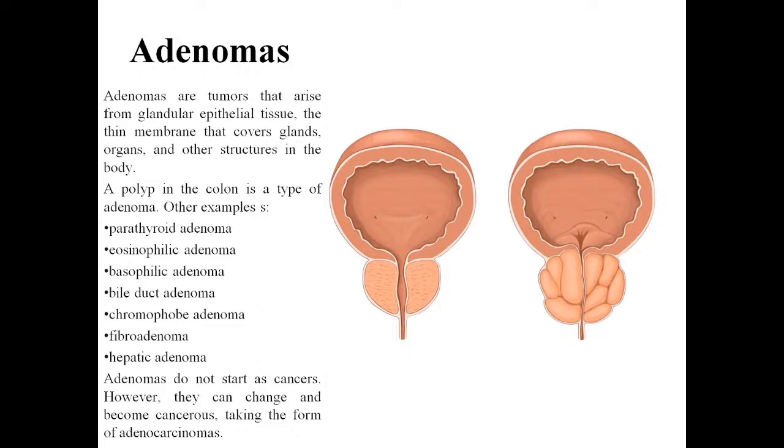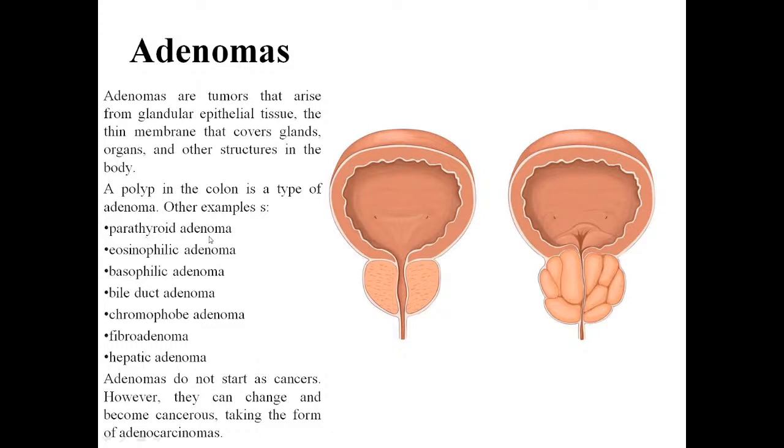The next type of benign tumor is adenomas. Adenomas are tumors that arise from glandular epithelium tissue, the thin membrane that covers gland organs and other structures in the body. A polyp in the colon is a type of adenoma. Other examples: